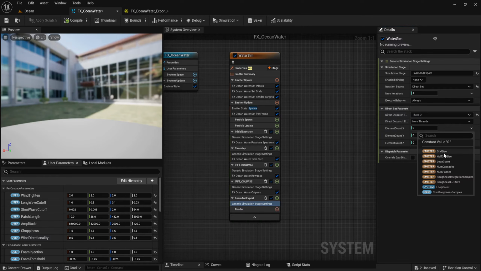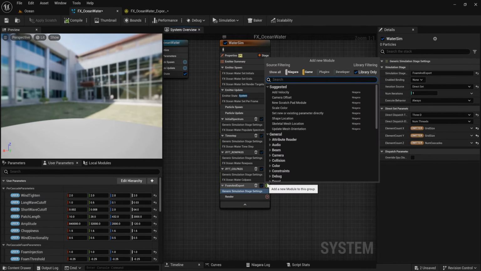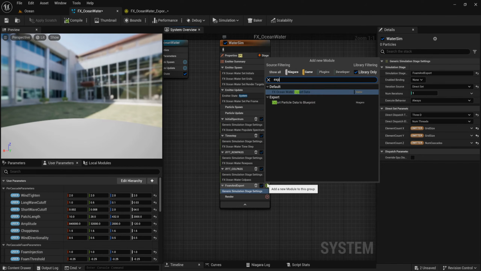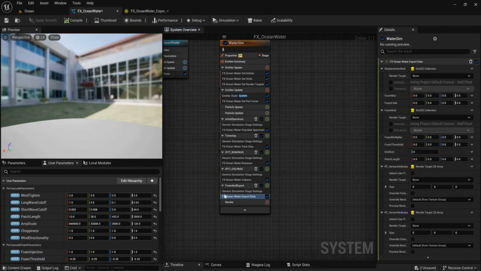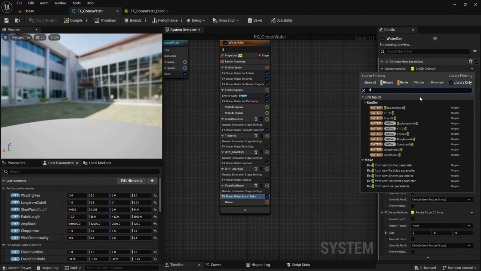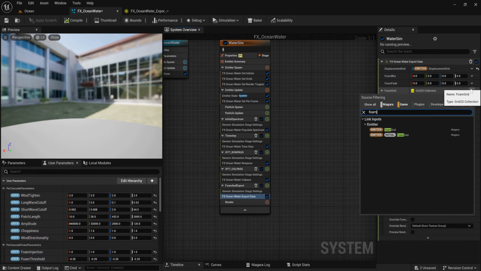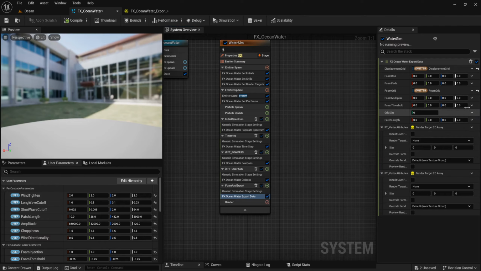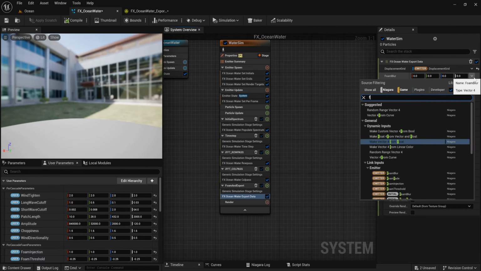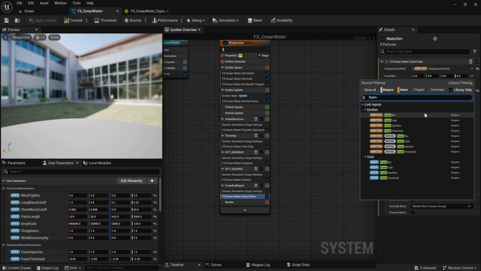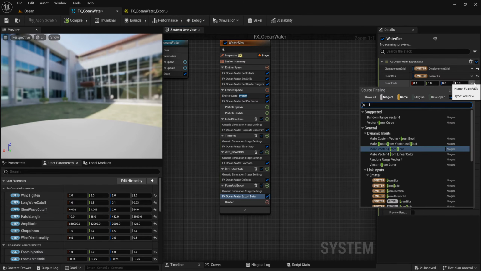This grid size, name cascades. And then we add the export data, FH ocean water export data. And select the displacement grid, emitter, foam grid emitter, foam blur, foam fade,